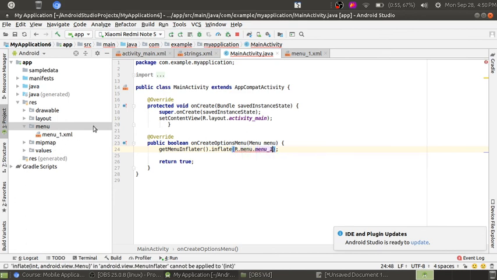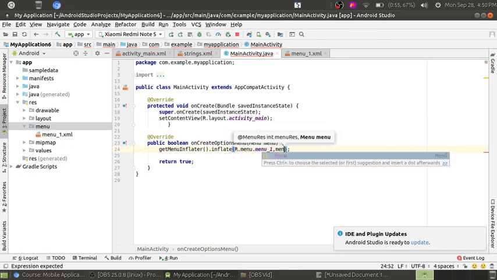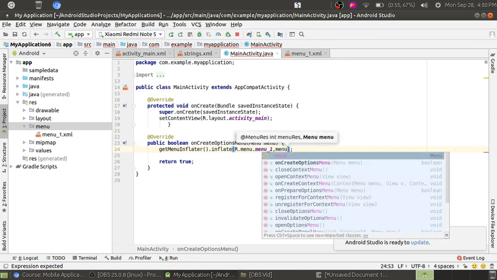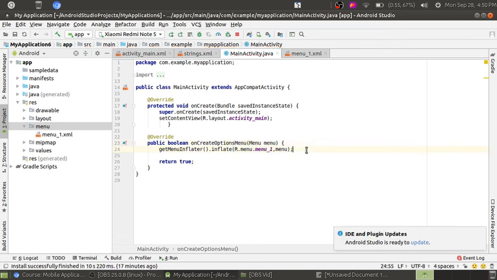Now I put the address of it and then I pass the menu object to the function. Done. So now when you run this program, it will show you your menus with the application, which it will bind with both the screens.